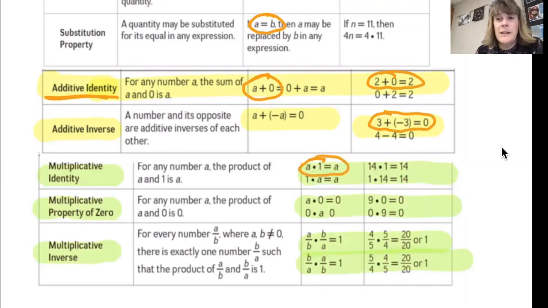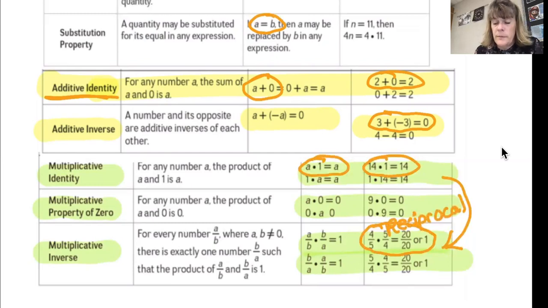That multiplicative identity is 1 because 14 times 1 is equal to 14. It doesn't change it. Okay, now skip down here and we get the multiplicative inverse. So what do you multiply by in order to get back to that multiplicative identity? So 4/5 times its reciprocal